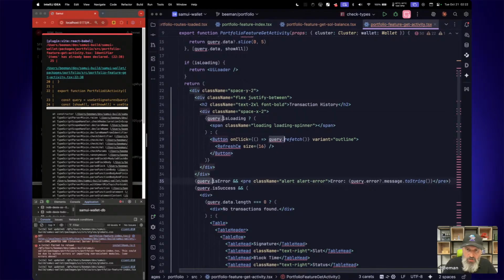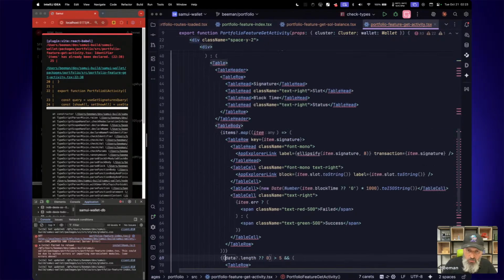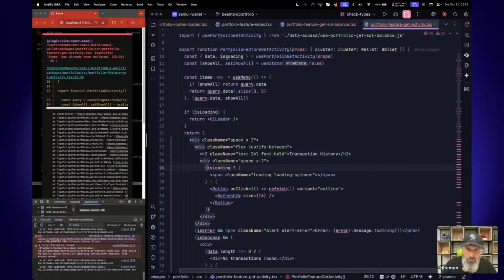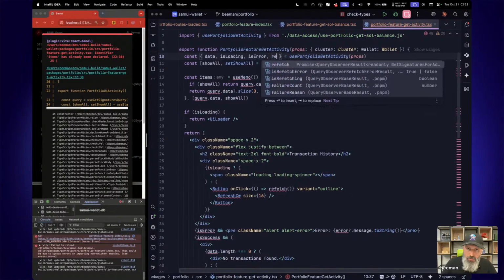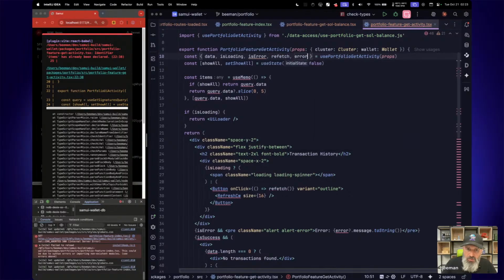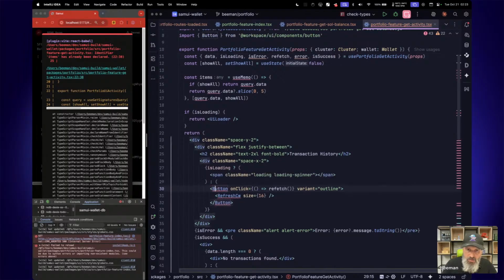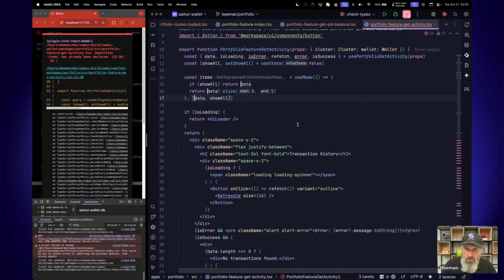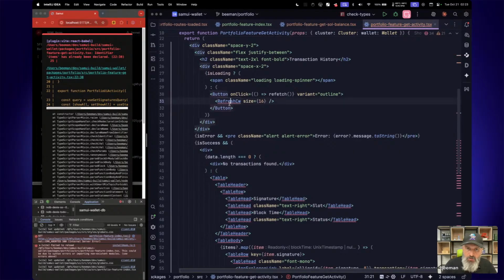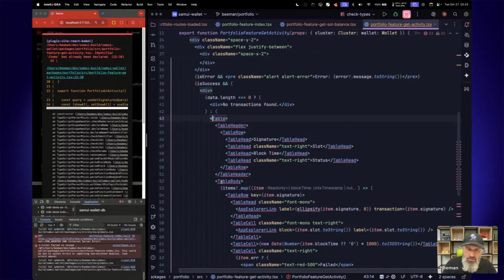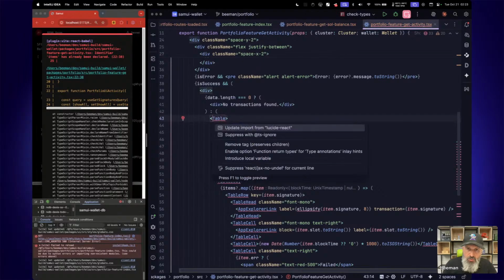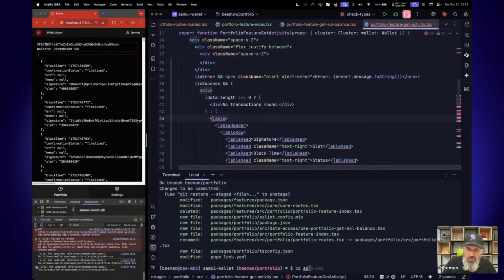Now we can get rid of query dot, and we can just see what things I need to destructure from my hook, which is error, refetch, error itself is success, and data is already loaded. Now I'm just going to import all of the rest of the things and get rid of query here as well. So this is very much make it work. But as I said, we'll get there. No, don't import this from here. I don't have table. Okay, let me go to apps web,